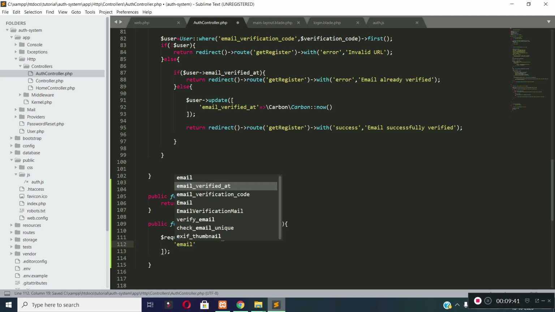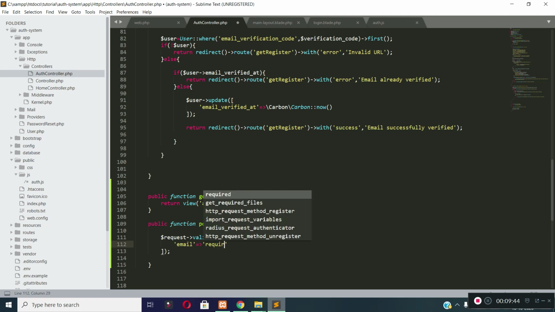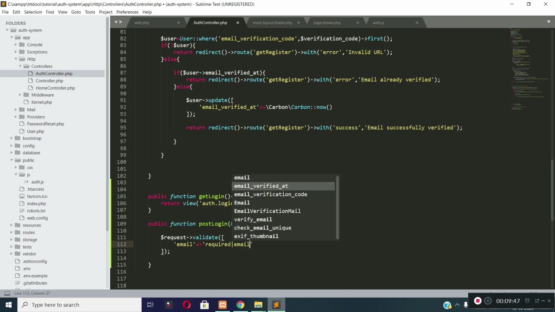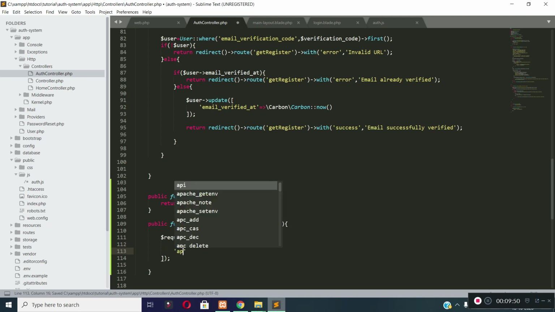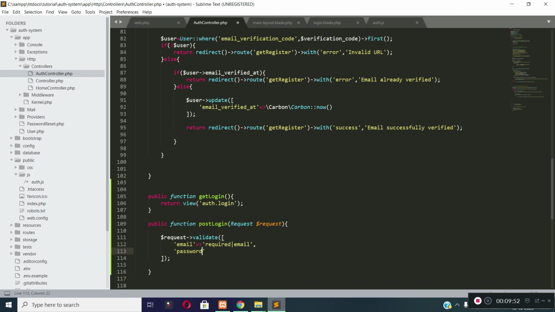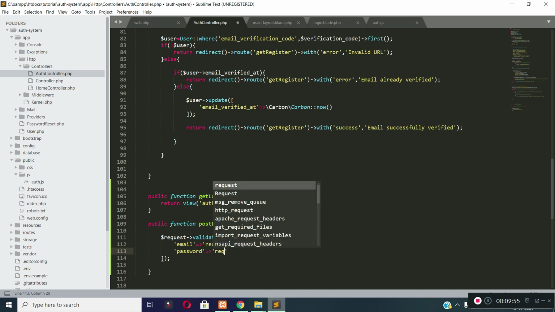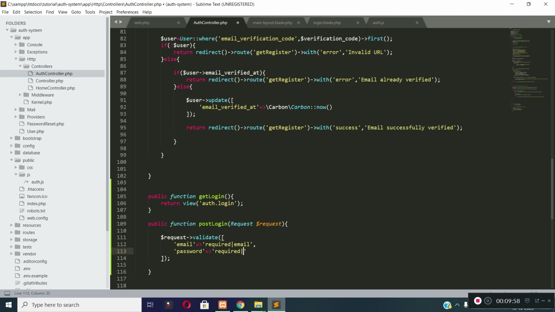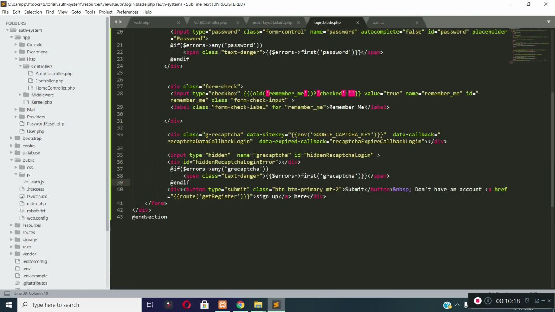Our email field will be required, and it should be a valid email address, and our password field will be required, with a minimum of 6 characters and a maximum of 100 characters. And the gRecaptcha field will also be required because we need to pass Google reCAPTCHA through this form.